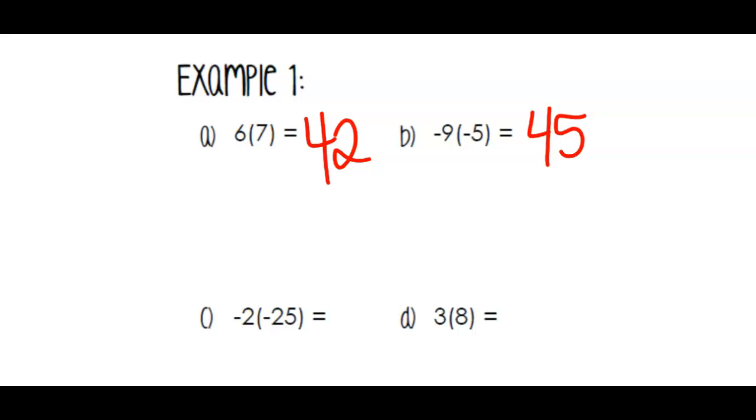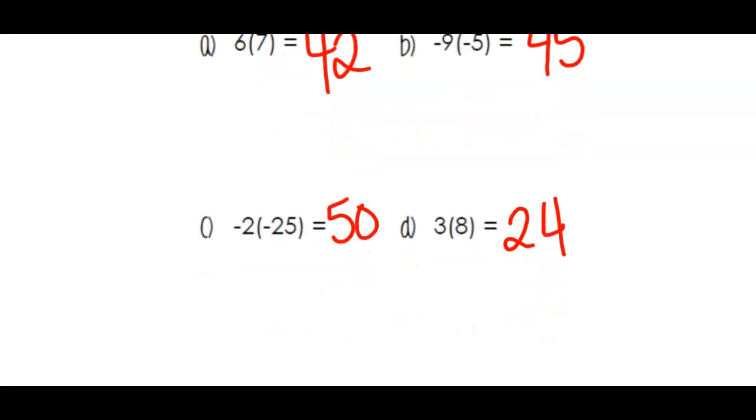So if we look at letter C, negative 2 times negative 25. Well, 2 times 25 is 50, like quarters. 2 quarters is 50. And because it's a negative times a negative, they're both the same. They're both negative. It's going to be a positive 50. And then 3 times 8 we know is 24. And it's a positive times a positive. They're both the same, so it'll be a positive 24. Pause this video if you need to. Otherwise, I'm going to go ahead and scroll down